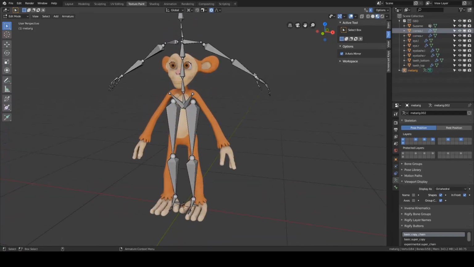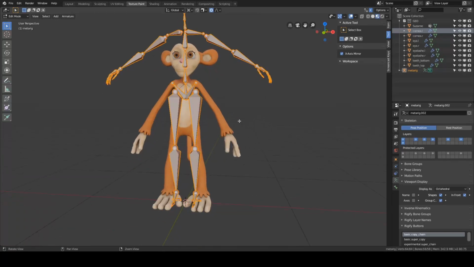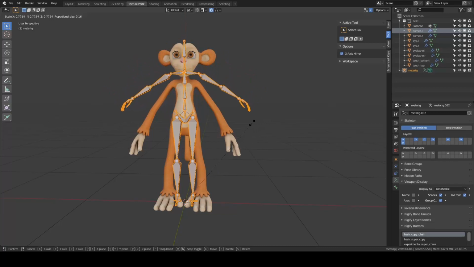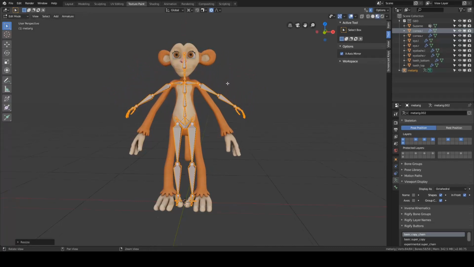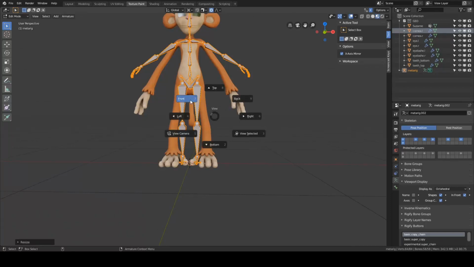So now we need to get all of these joints to line up with our character. So if I just go and select them all, we should still be working from the 3D cursor, and I'm just going to scale everything down until those shoulder blades kind of match up. And if we go to the front view now,